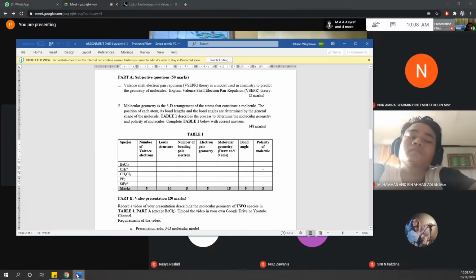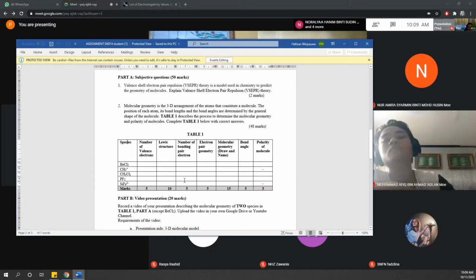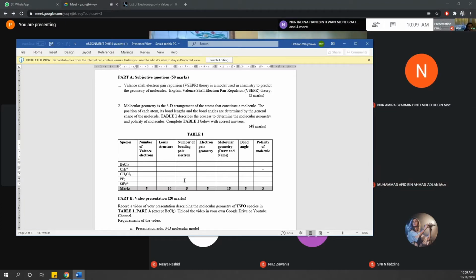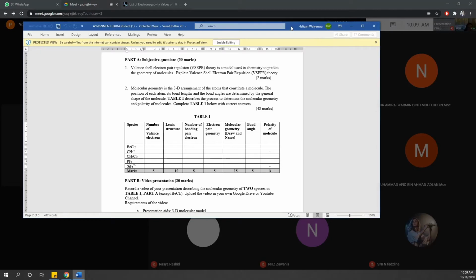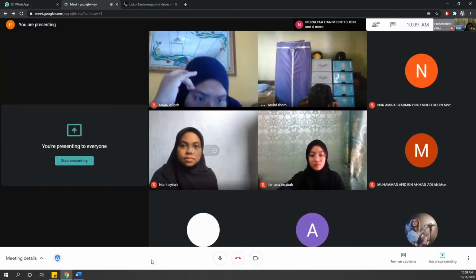One thing: if you look and don't understand why it is like that, you can ask me. Just WhatsApp me and I'll get back to you whenever I'm free and explain why, such as why the bond angle or polarity is like that. Because if you wait for me to teach this, you won't have time to make the video. Okay? This is Part A, worth 50 marks. And then Part B